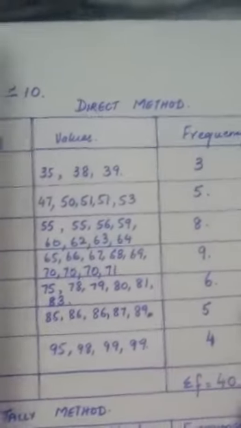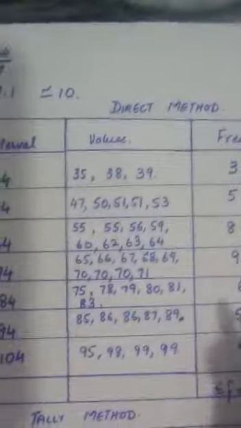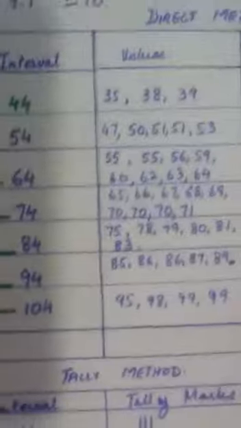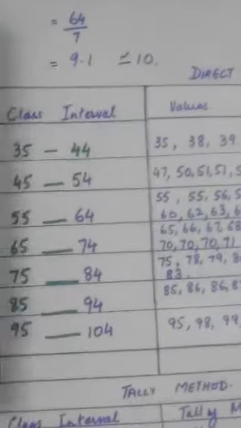When we make the frequency distribution table here, students, in the question it is mentioned that you just have to construct the frequency distribution table, and the method we are going to use is the direct method. So before you make the table, write direct method at the top, and start with class interval, values and frequency. You have to be very vigilant here, because you have to see your data that you have already arranged in table form.